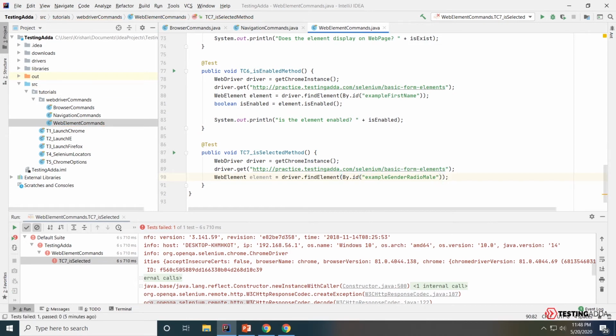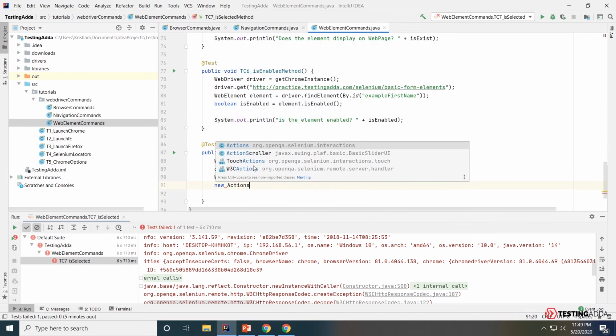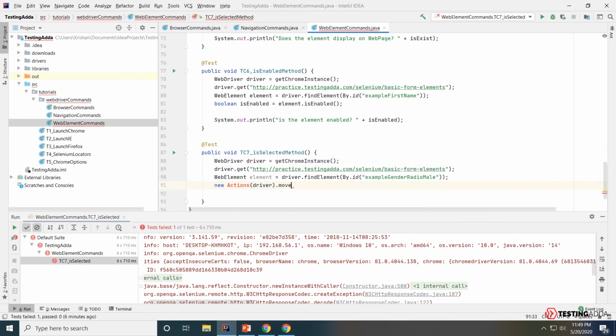and that's it. Now the next thing I am going to do is use action commands, which you can completely ignore for now, but the form is designed in such a way that if you normally click it, it will give you the intercepted exception. So I am not going to click on it directly and will use the Actions class. Now you can completely ignore this method for now. We'll look at these actions also in upcoming tutorials. What I'm going to do is click and perform.